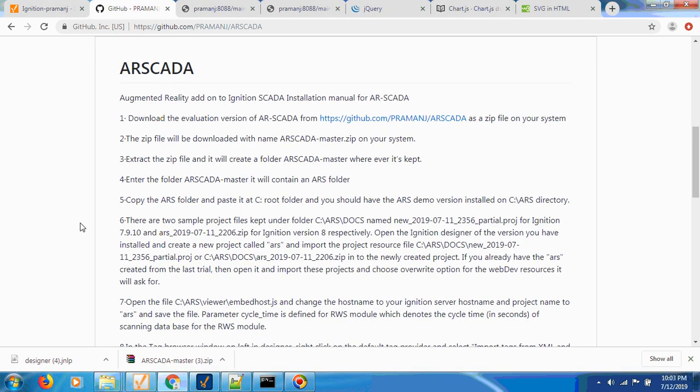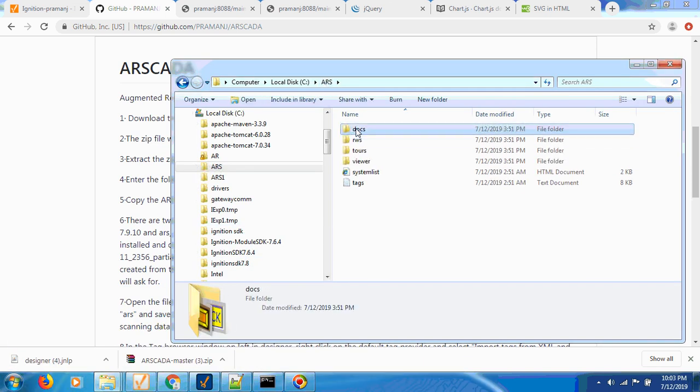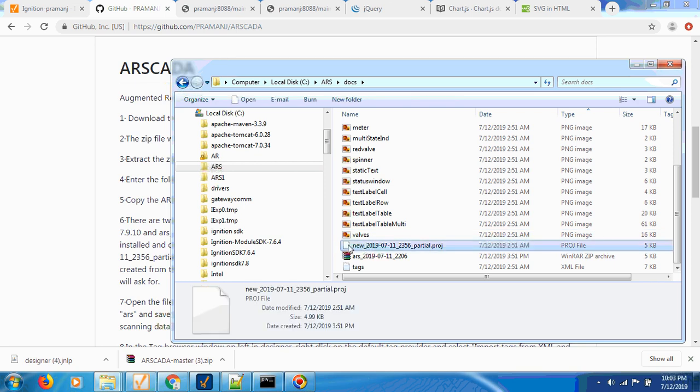So the other steps are explained here. So basically there are two sample projects. One is for the ignition 7.9 and other is for ignition 8. So which are kept in this folder, docs folder. This is for ignition 7.9, this is for ignition 8. So basically you have to, in ignition designer, create a new project and give it by default a name called ARS, or you can name it anything else, but for this it is pre-configured for ARS, because